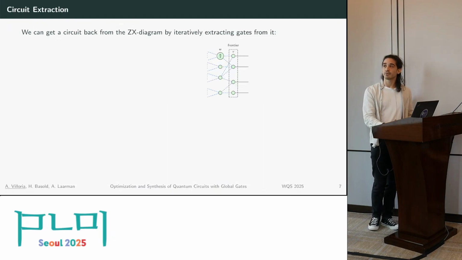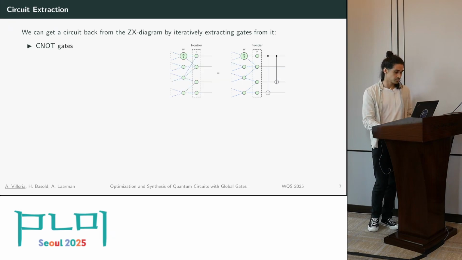So really quickly, circuit extraction works as follows. We start from the right of the diagram, from the outputs. We label all the output vertices as the frontier vertices, and then we're going to do operations on this frontier in such a way that each operation extracts a quantum gate, until we have moved the frontier all the way until the inputs in. So we consume the whole diagram, and by doing this consumption of vertices and so on, we generate gates in